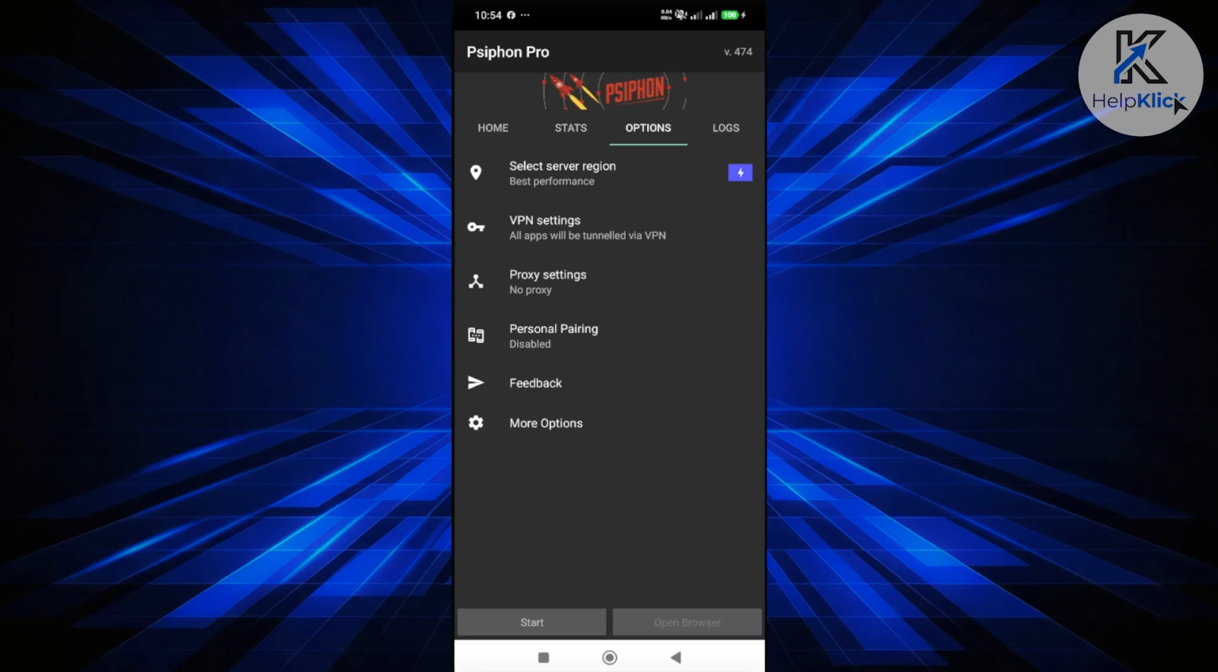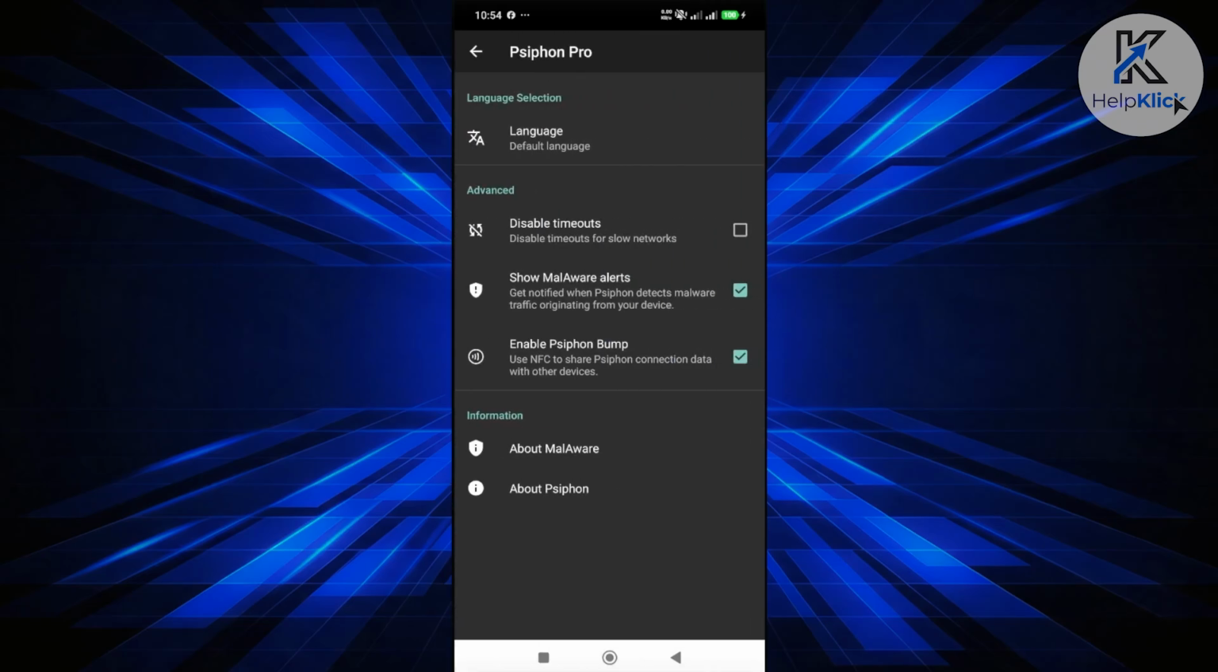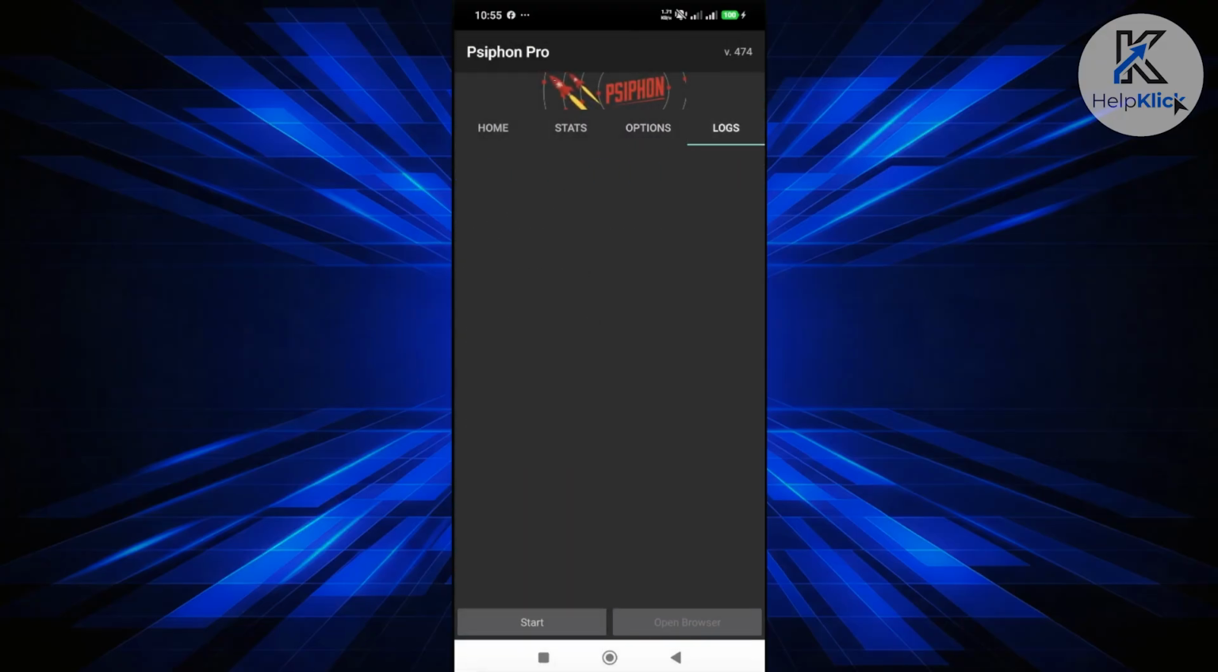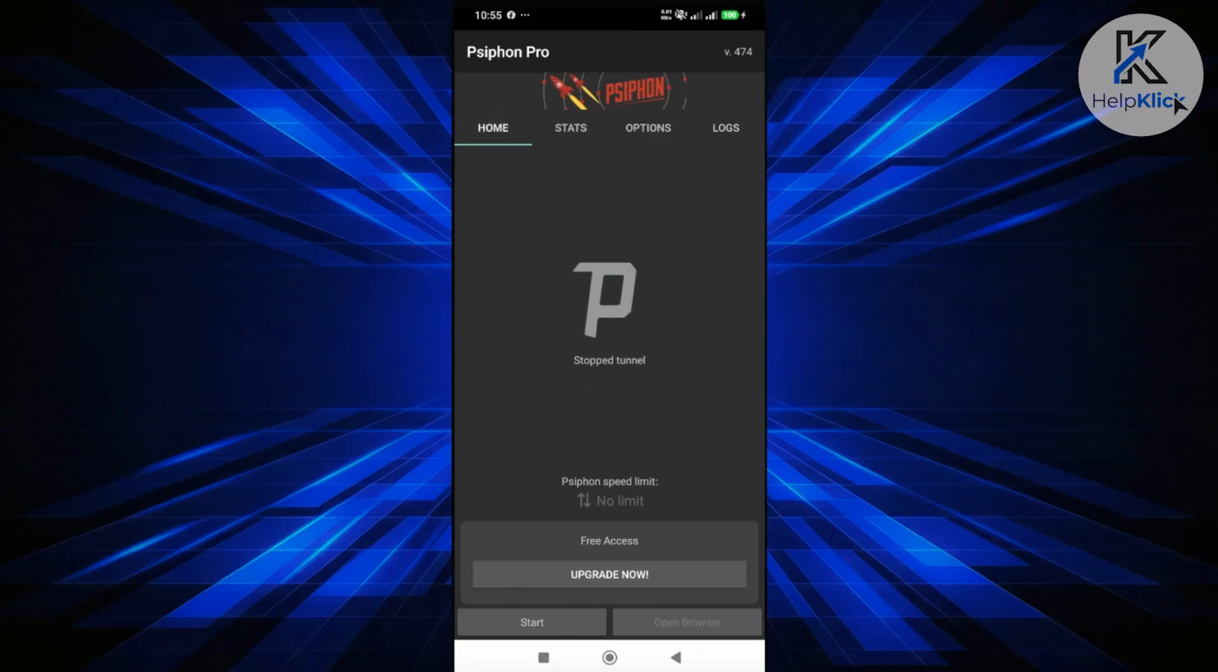Now, also, if you want to access more options, click on more options and disable a few things like choosing the default language, disable timeouts, or even show malware alerts, just in case. You could also choose the logs option if you want to see what happened with your connection. So if something happened, like for example, Psiphon prevented certain attacks or any issues, that's where you'll be able